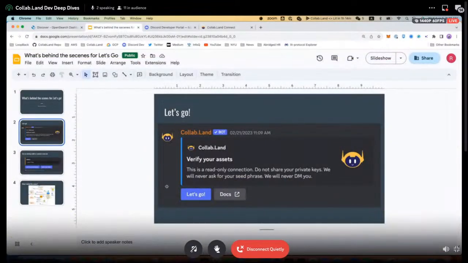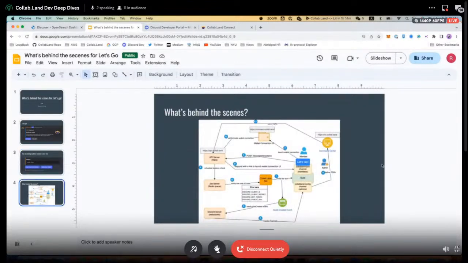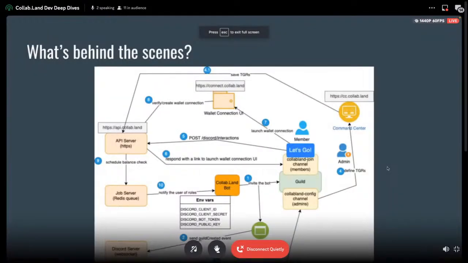Going back to my slides, I have a couple of slides talking about these different passes. You could click on the Let's Go button, and some information gets sent to Collab.Land. Then you can choose the different passes, either use a connected wallet or add a new wallet. But now we have this very busy story. Let me see if I can make it larger so you can read the graph meaningfully. I want to give you a technical overview about this complex flow and who's involved in this